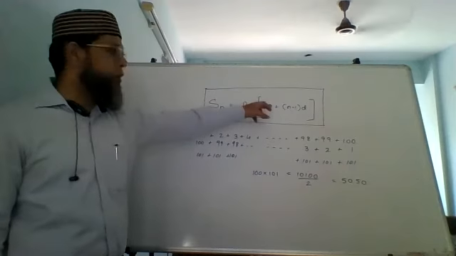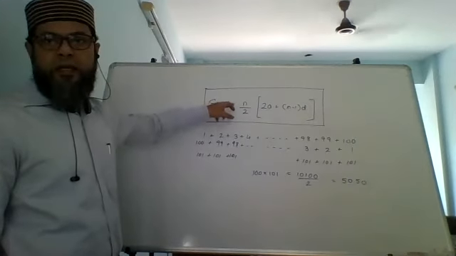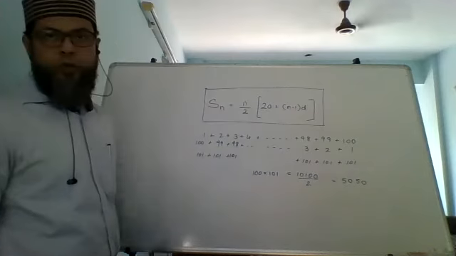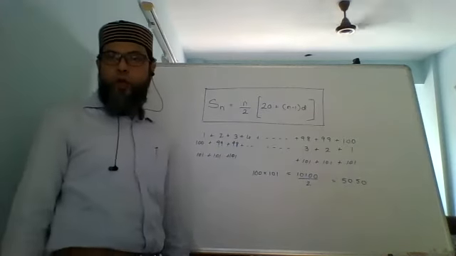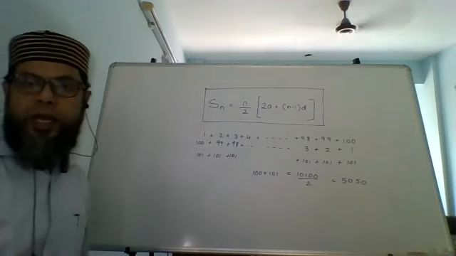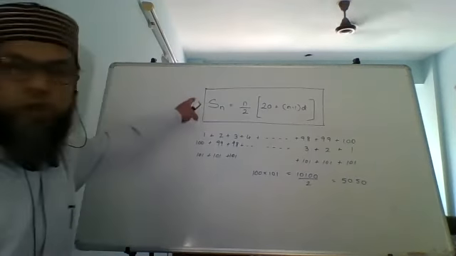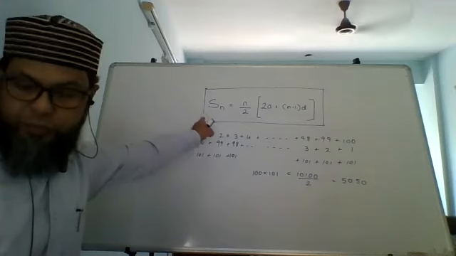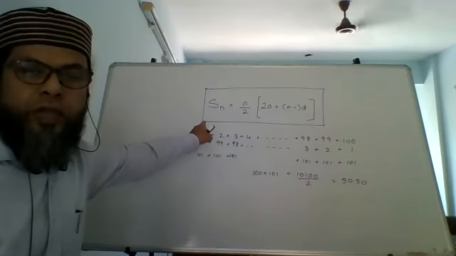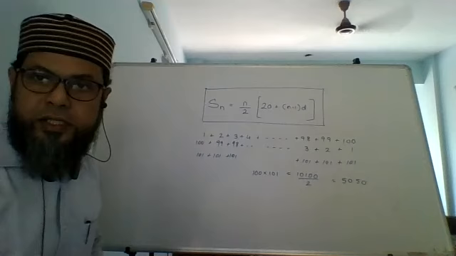So for that, the formula that he derived because of that was Sn equals n by 2 into bracket 2a plus n minus 1 d. All of you please copy this formula. Next time we are going to do sums based on this formula, that is how to find sum of numbers.